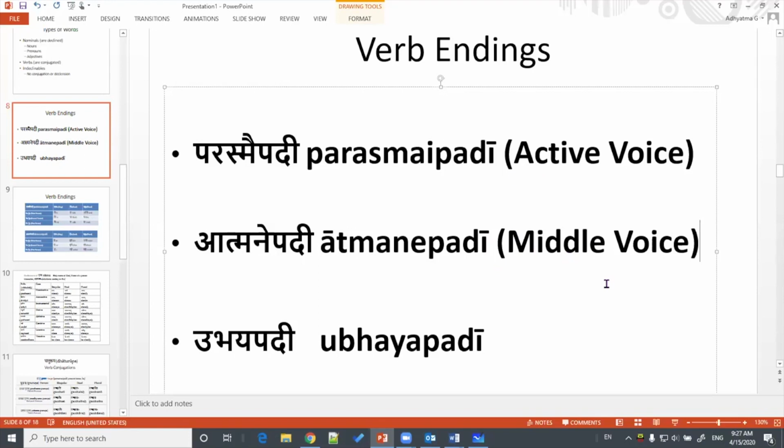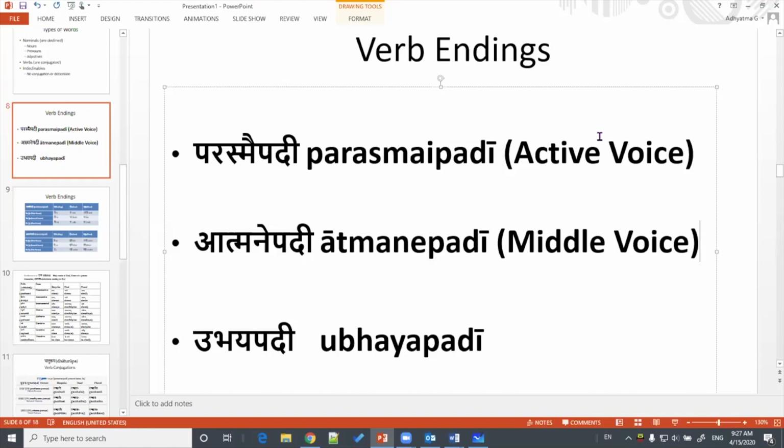So active and passive, if you know in English, they form different sentences. So if I am telling an example, I'll take care of you. And then the passive sentence would be, you will be taken care of by me. By me is implied or explicitly expressed. So that becomes active and passive formation in English. Active would be, I'll take care of you. And passive sentence will be, you will be taken care of by me.